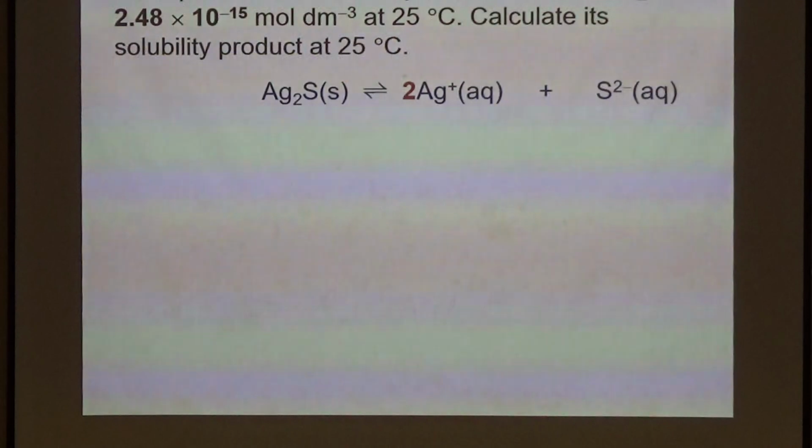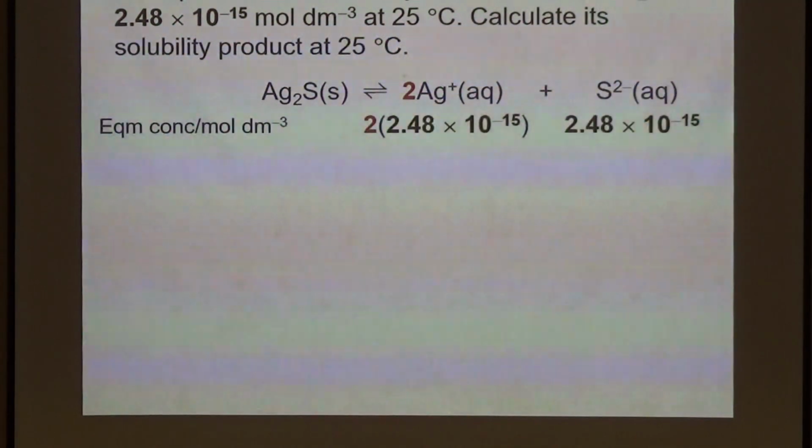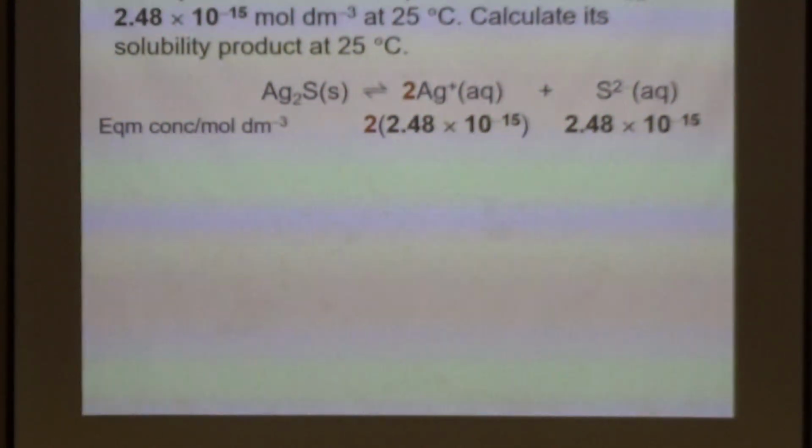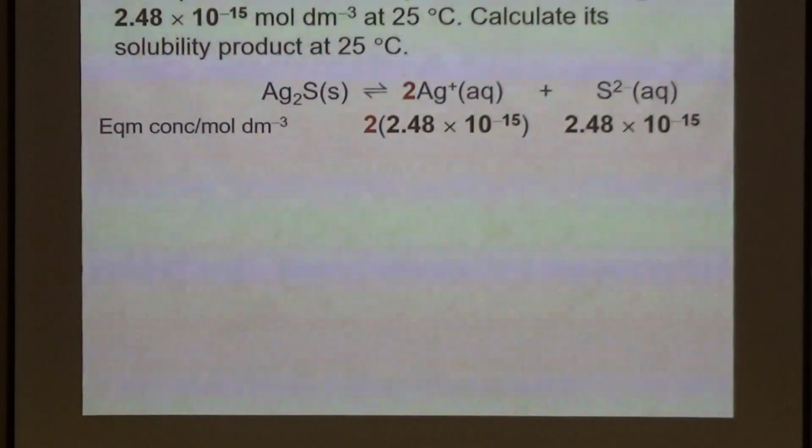So, when you dissolve, you are going to produce 2 Ag plus and 1 S2 minus. Since you produce 2 Ag plus, the concentration of the Ag plus should be 2 times 2.48 times 10 to the power minus 15, which is actually a very, very low concentration. And then the S2 minus is 2.48 times 10 to the power minus 15. So your KSP,